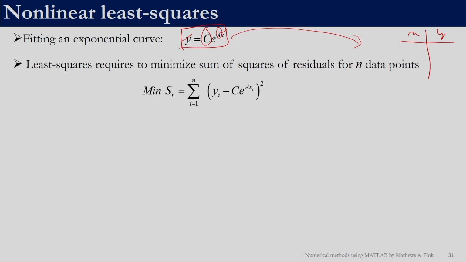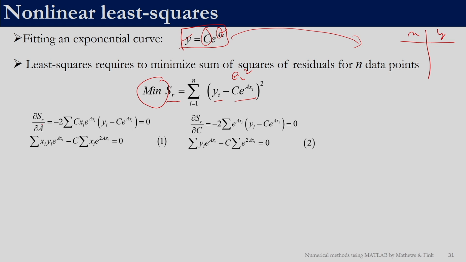So, we apply the same concept again: the sum of squares of residuals. Your observed data point is yi, the model is c e power a xi, where xi is the value of the ith value of the independent variable. This is the error associated with the ith point; square it and then sum it up. That is our objective function. Now our job is to find the values of c and a, such that if you take dou SR by dou a and equate it to 0, and similarly determine dou SR by dou c and equate it to 0. Again, over here you need to carefully differentiate it.